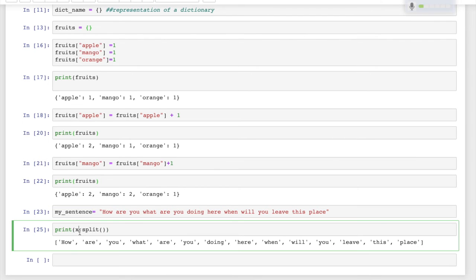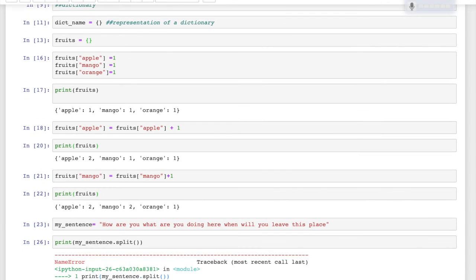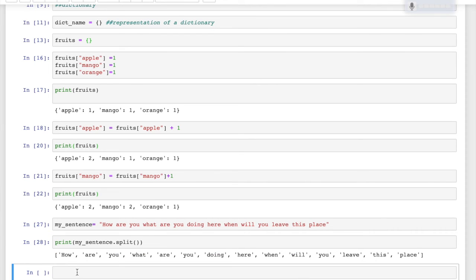Now here I need to change it. My sentence. Oh, it's not defined. Sentence.